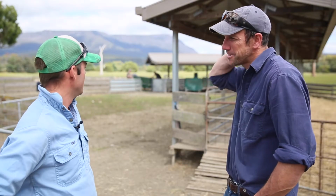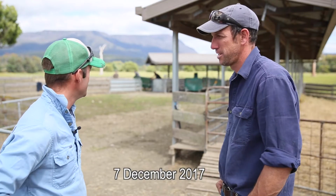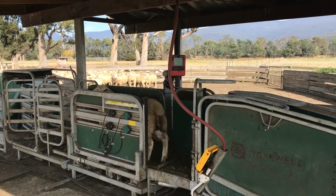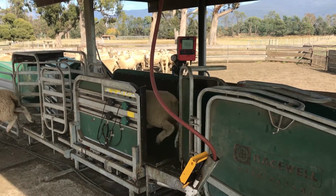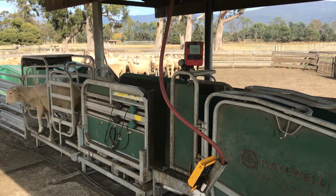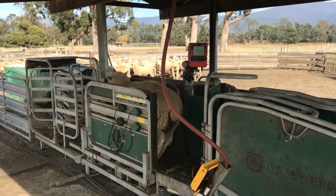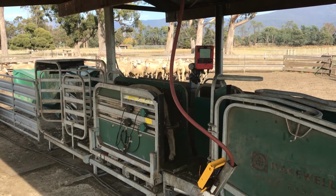What's happening here? We're just weaning some lambs. We brought this mob in this morning, and we're processing them. We've drafted the ewes off, and we're processing some lambs. Excellent. And what's the procedure? Is there a vaccine and a drench going in? Yeah, we bring the mob in. They'll all get foot bathed, and then we draft them off. And we're putting an 8-in-1 into the lambs, and we're giving them a B12 as well, and they're getting a